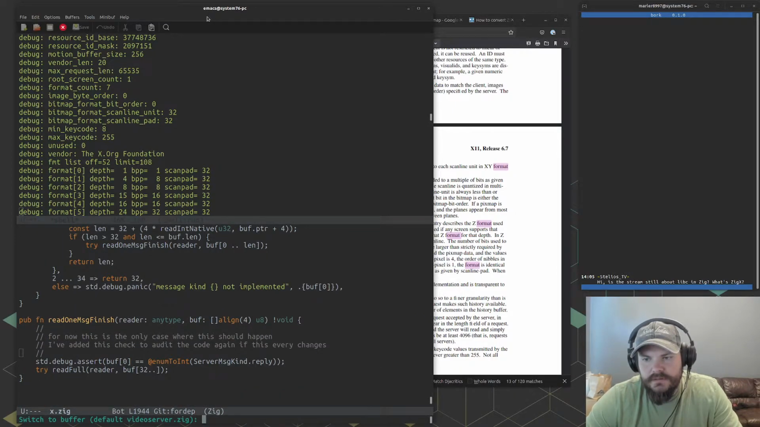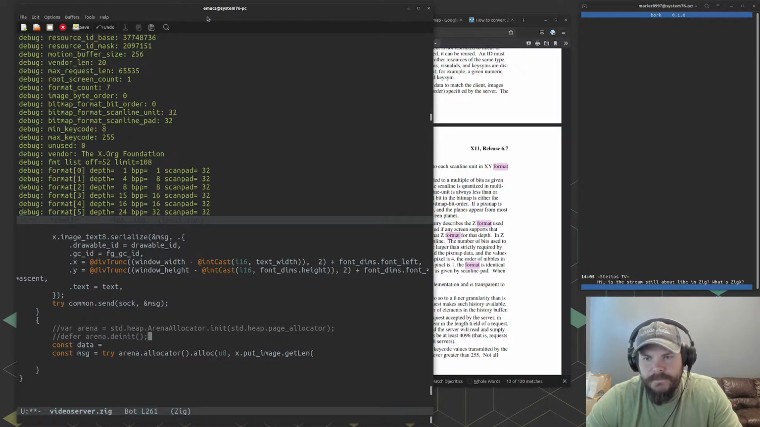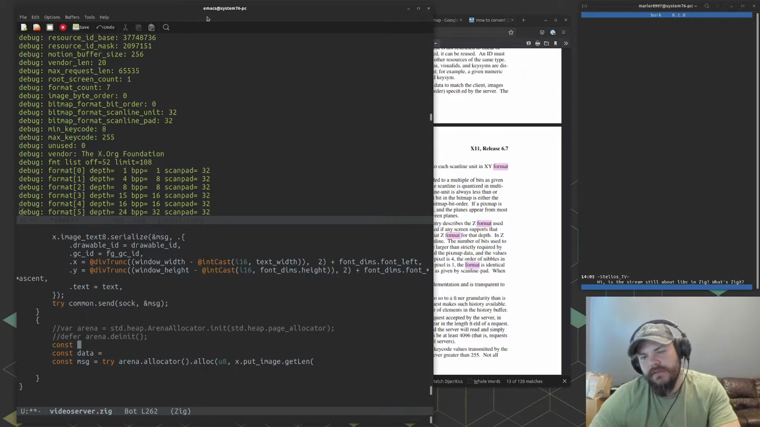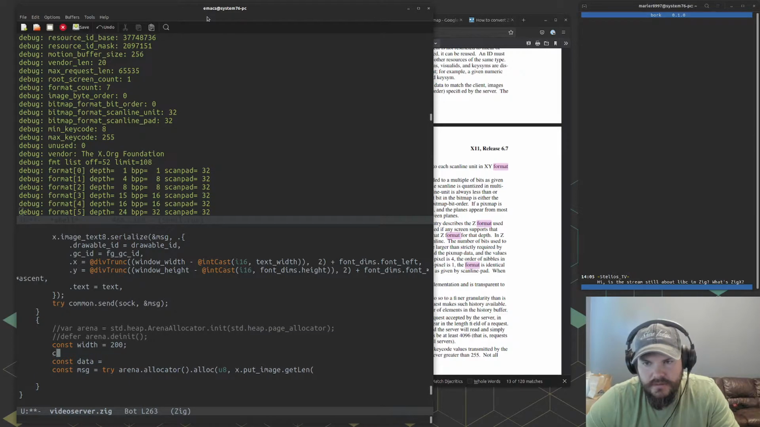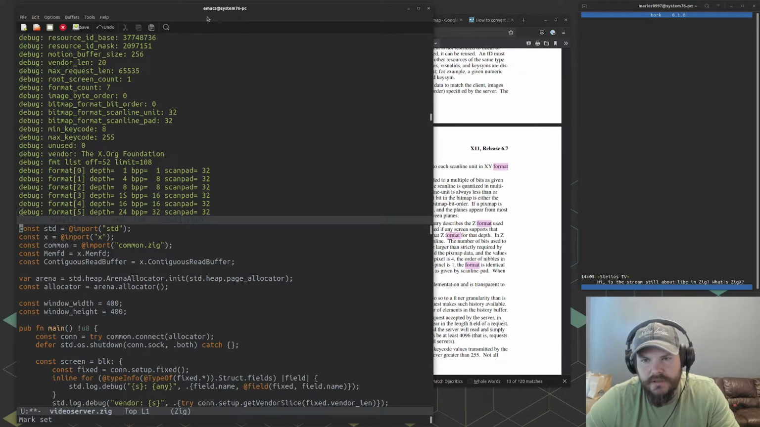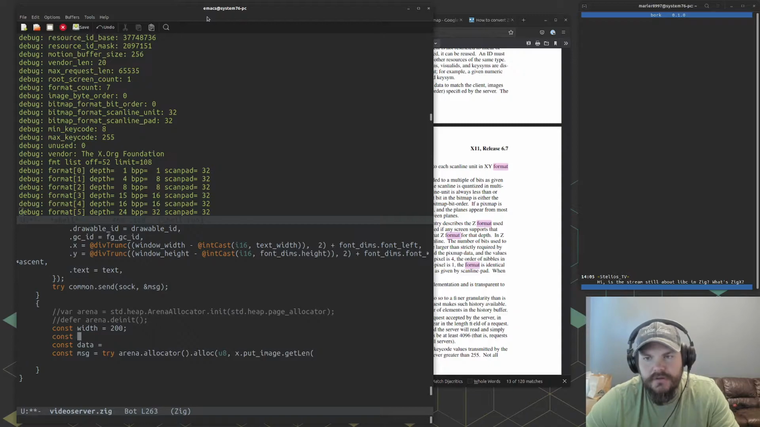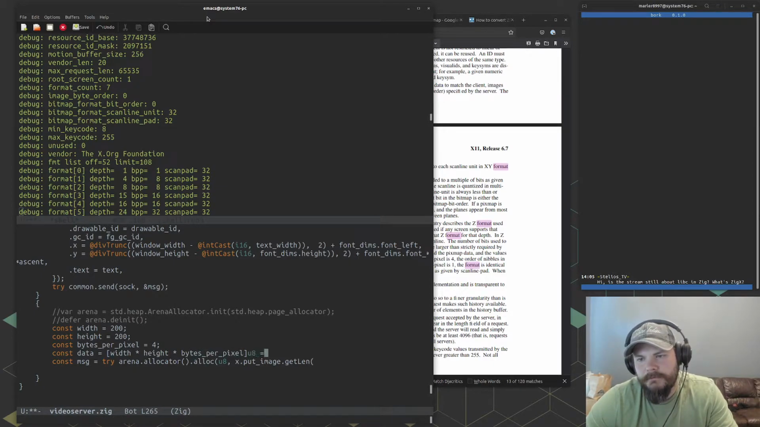Oh no, I need to go back to video server. Okay, so let's set our data. What do we want it to be? Let's set a width and a height. So const width equals, how many pixels do we want? Let's say 200. What is our actual width? It's 400. Okay, so 200 is good. Height equals 200. And then data we'll say is width times height times const bytes per pixel equals 4. I don't know if you needed that, but